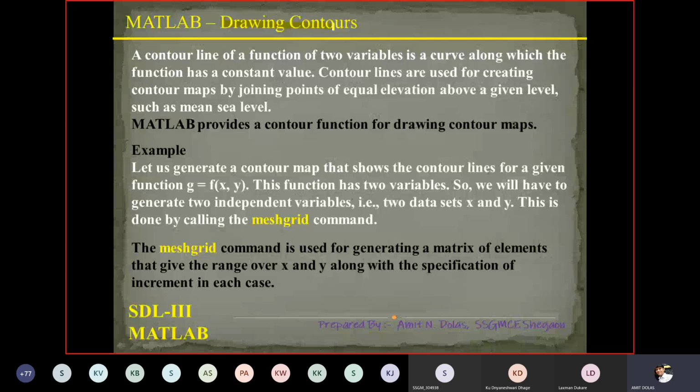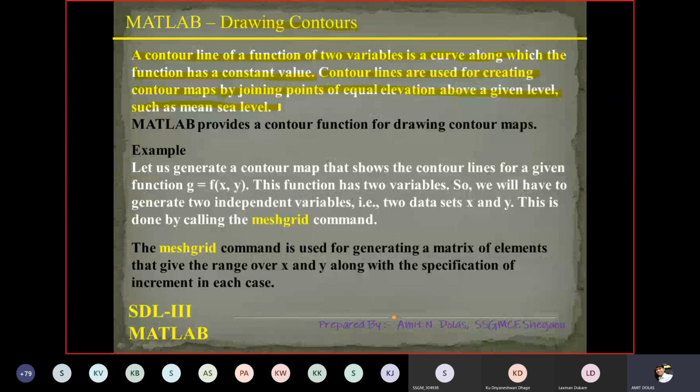Another is drawing contours. A contour line of a function of two variables is a curve along which the function has a constant value. Contour lines are used for creating contour maps by joining points of equal elevation above a given level, such as mean sea level.